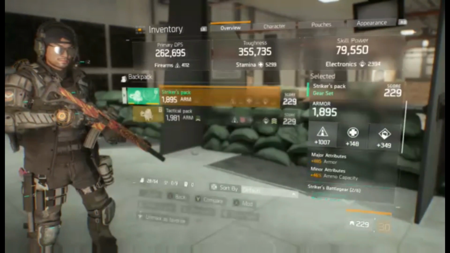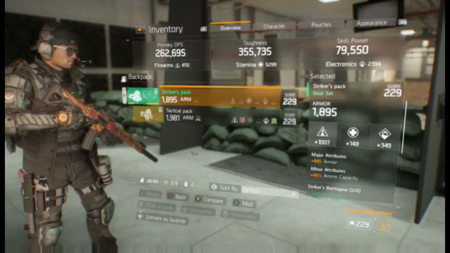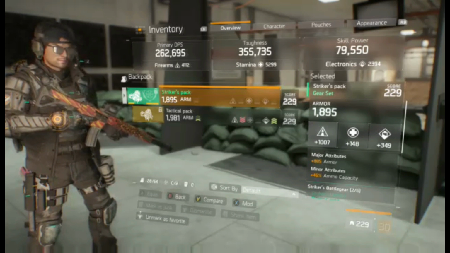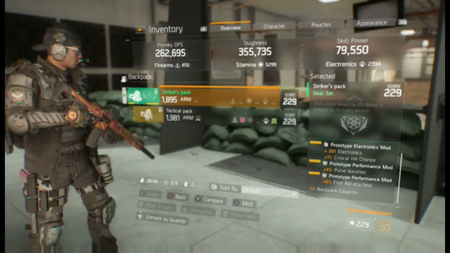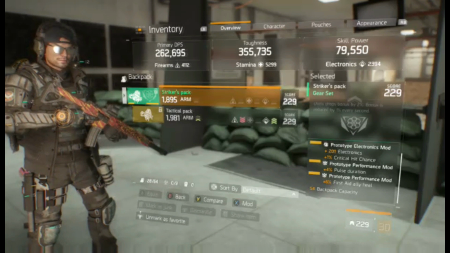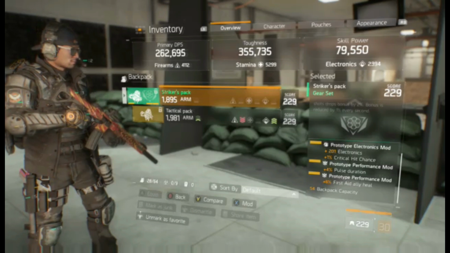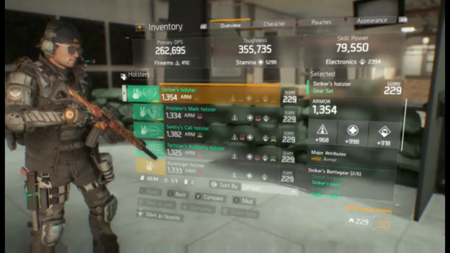Now we'll start with Striker Backpack. Rolled armor, firearms, and it has an electronics mod in it, and it has ammo capacity. 201 electronics with crit chance. And the mods are ally heal and pulse duration. So I have a total of additional pulse duration. Holster has armor